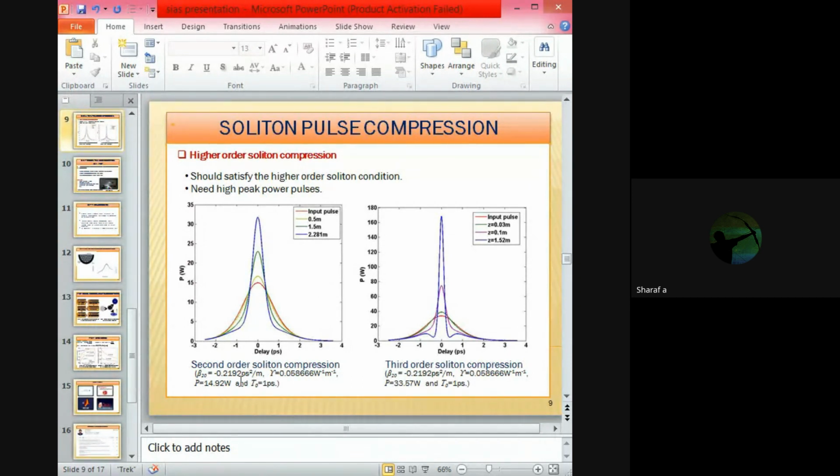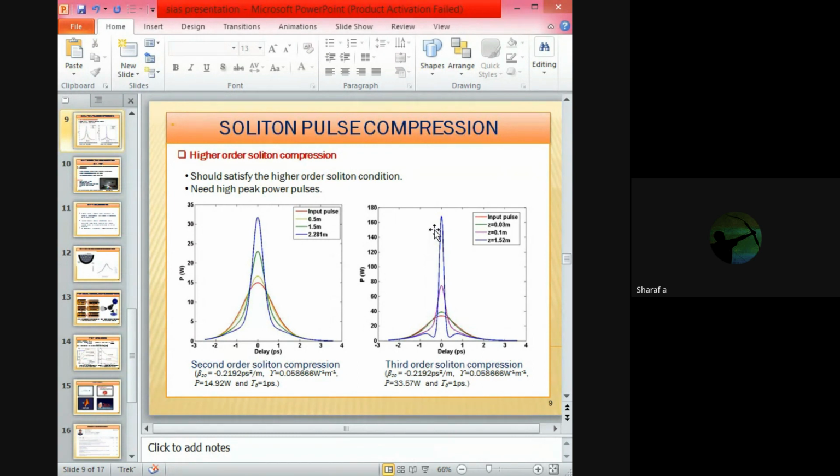You can see from here, when you are considering a second order soliton, which means n equal to 2, you will have this input pulse, which is red color, with a large pulse width. That will be compressed, or its pulse width will be reduced, when it propagates through 2.28 meters of length of fiber. As you can see here also, for the third order soliton,